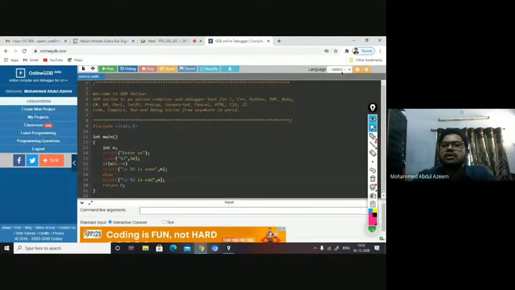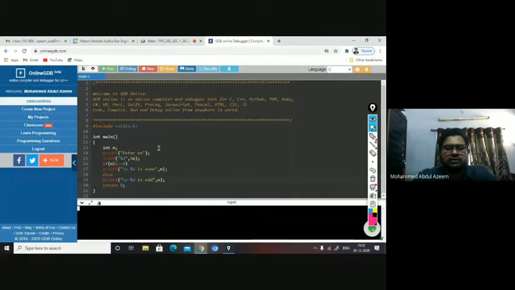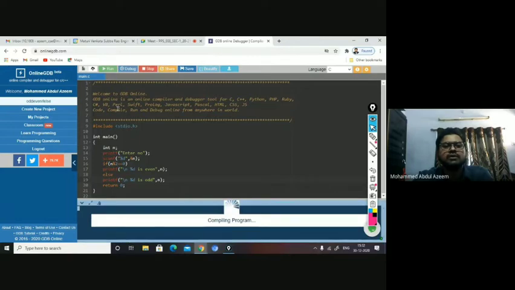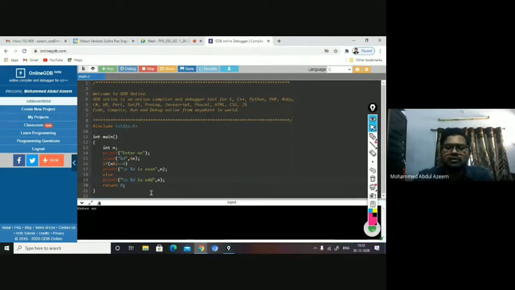Now I have to choose a language here before I go for execution. Language as C, then say run. So enter the number here. I can enter some number, let us say, for example, 76. Right? It is even. Yes, and let us execute again for another possibility. Let us say 97 is odd, right? So 97 is odd. So this is how I can use the if else statement when I have only two possible outcomes, right?